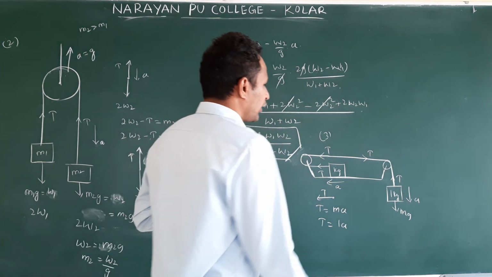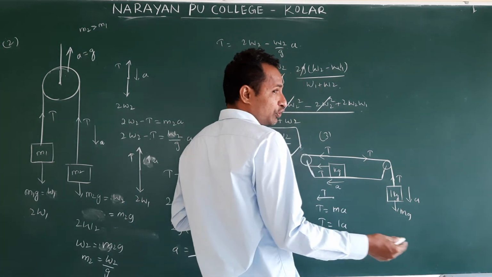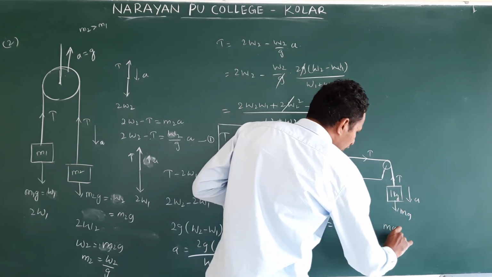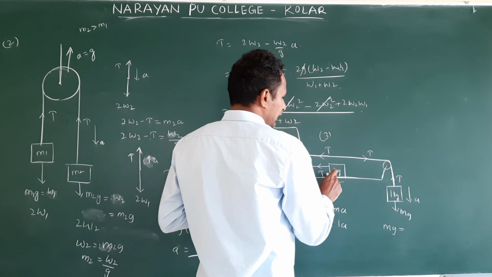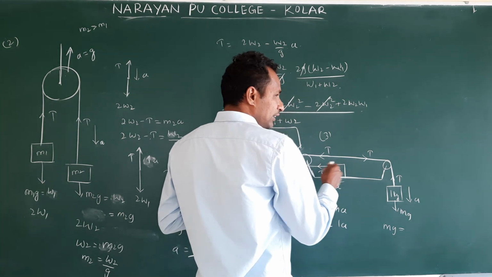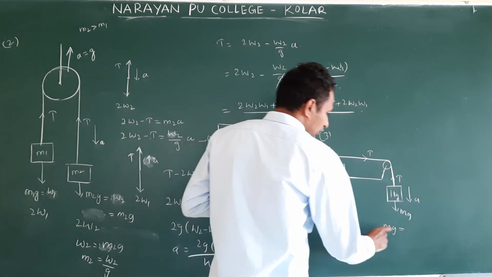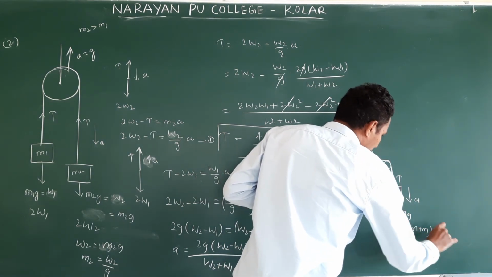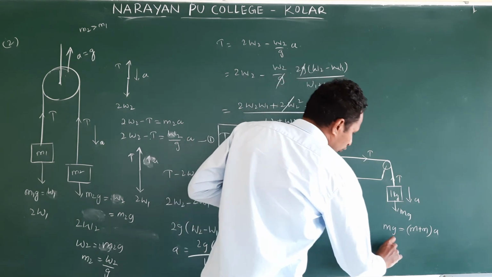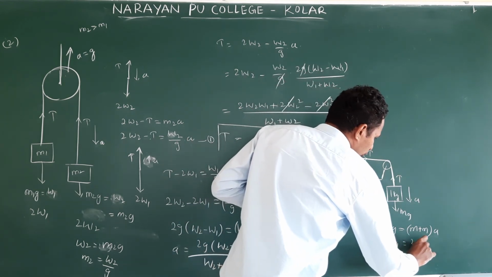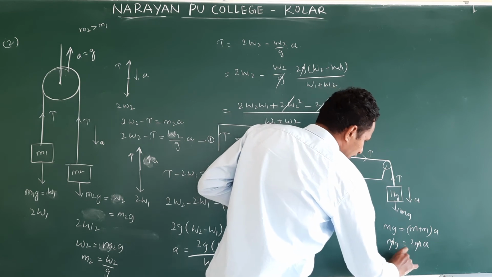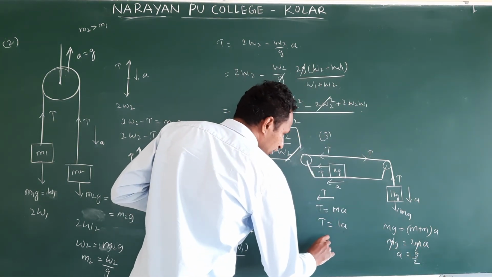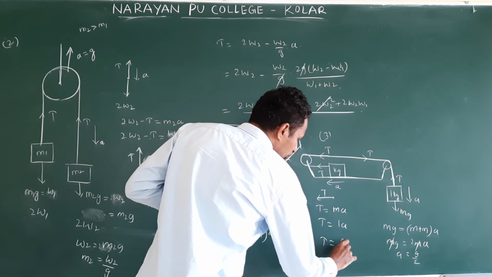Okay. Then how do you get the acceleration, the short method? Net force. What is the net force? Only mg. So mg is the net force, because here the weight is acting, but that will not affect this acceleration. So mg is equal to total mass, m plus m, into a. Two masses are the same. So mg is equal to 2m a, m cancels. A is equal to g by 2. Then T is equal to g by 2.